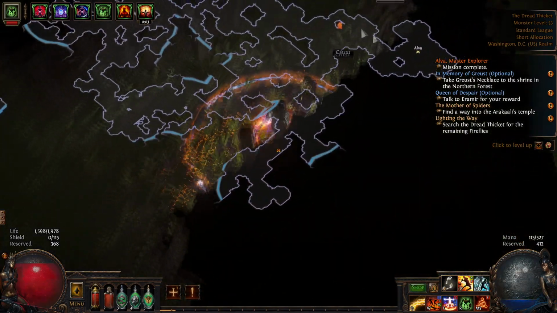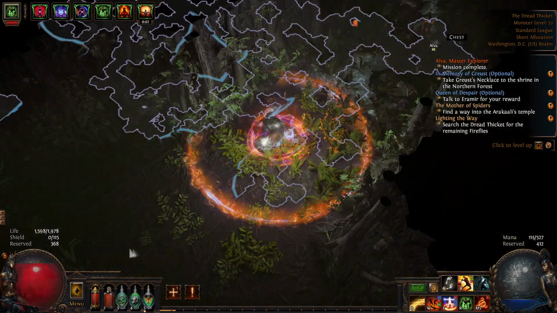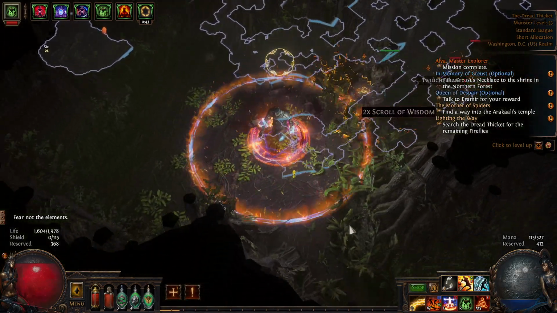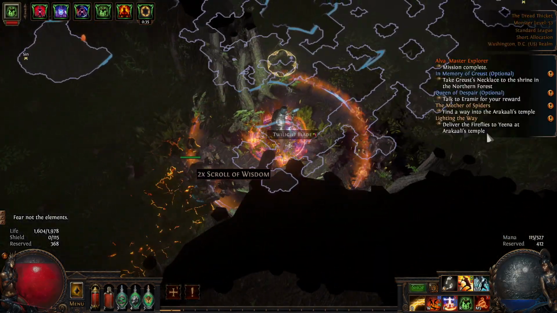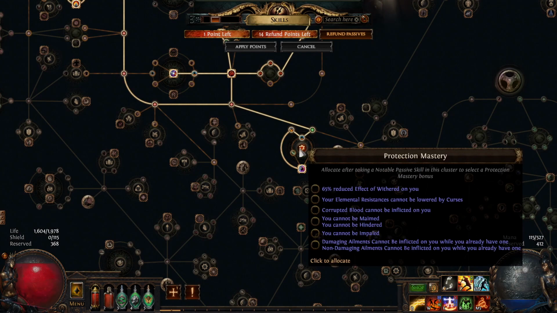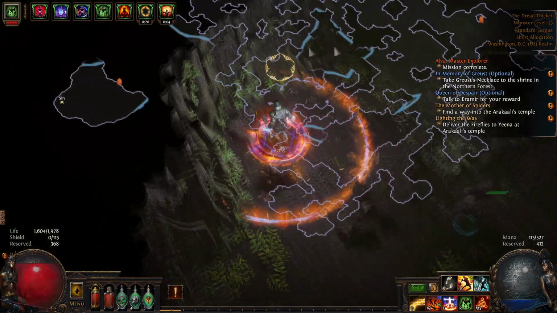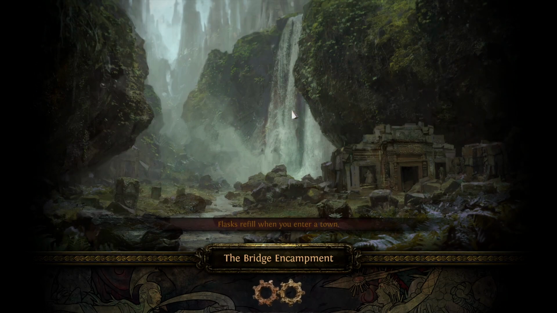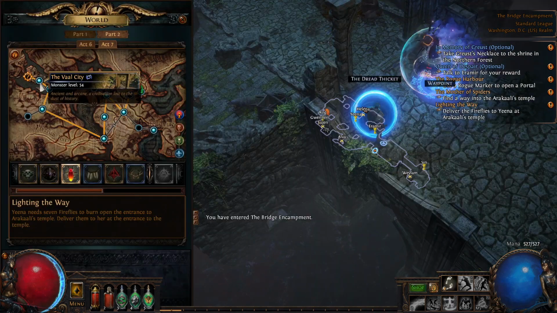Almost done with the Fireflies. Okay, and not that one. Up to gem. Do a passive point here. And I'll grab Master here. Now I'm just gonna use the portal here and head back home. We don't have a ton of stuff in the inventory, so I'm not even gonna bother doing anything else other than going straight to taking the Fireflies to